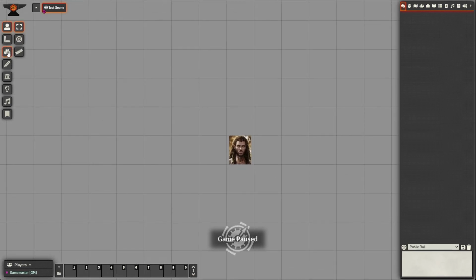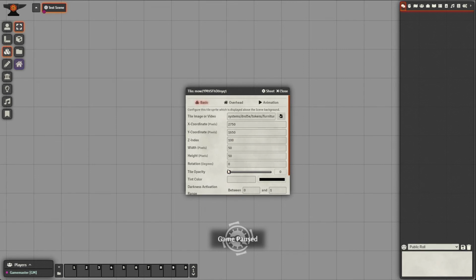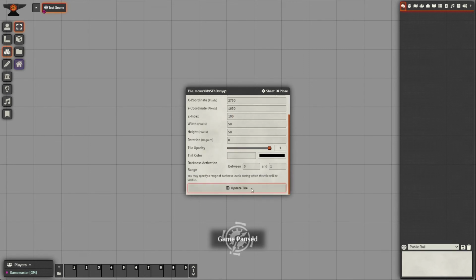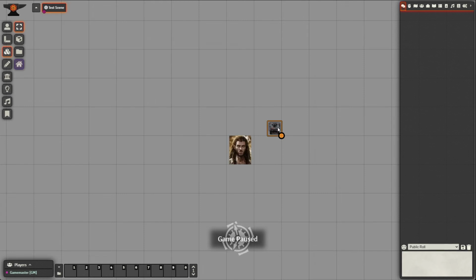All right. So looking at the items here, I've got this tile that's still here, and I'm going to double click on it, and I think it just remembered that I set it to an opacity of 0, and I'm going to update my tile. All right, so now I've got this lantern sitting here. Now I want this lantern to go away as well when it's dark,